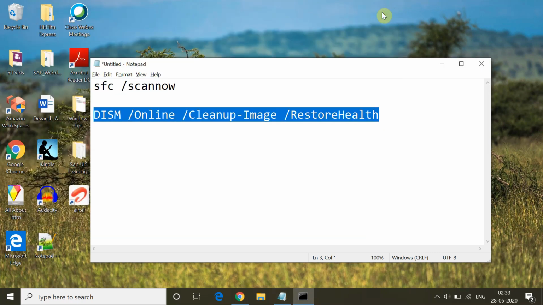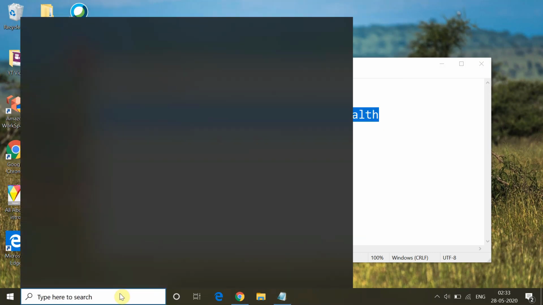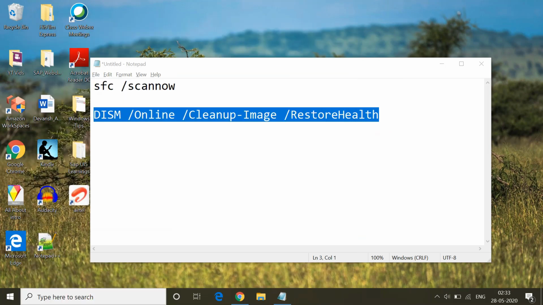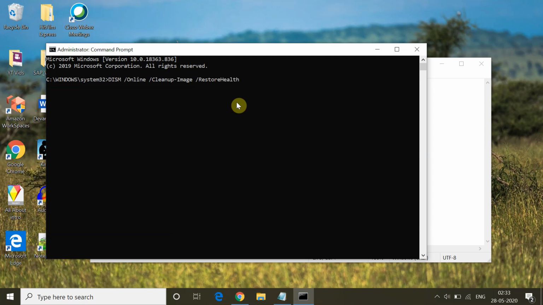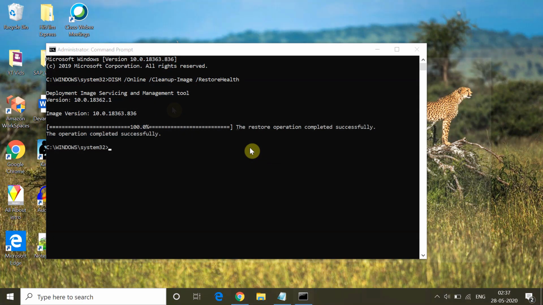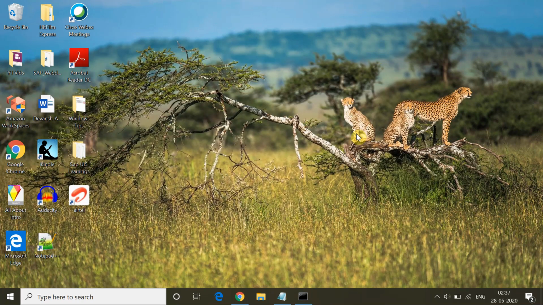Okay, now again open Command Prompt and run it as administrator and type this command, DISM /Online /Cleanup-Image /RestoreHealth. It will scan for any corrupt file or corrupt image in the system and it will remove it. It will also scan for some time, so wait till it is scanning, and like that it will end and you will get this message. Once you perform this operation, again check whether you are getting that error.